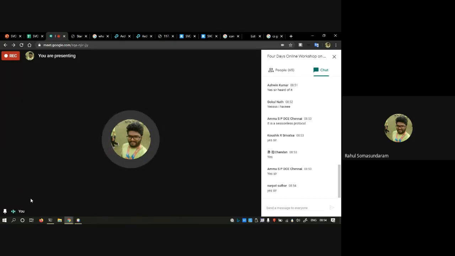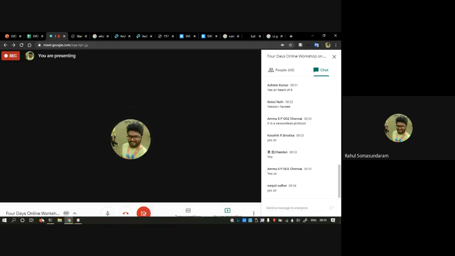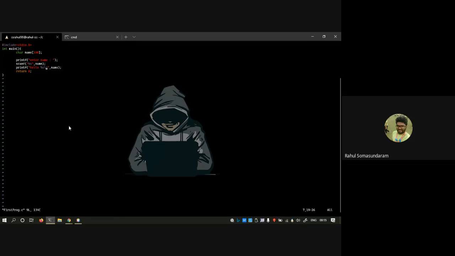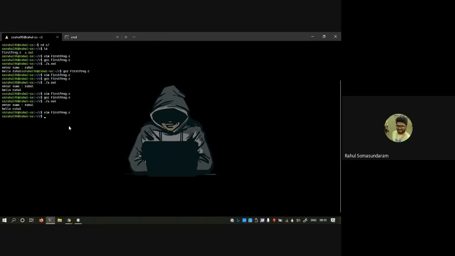Basically, what it does is it will take your programming language and convert it to an executable file, which can be understood by your system. Okay, this is a sample C program. Whatever we are doing, if it is a C program, it can be executed on your own machine only, that is, if you are doing it as a console program. So this logic I am able to view on my machine.